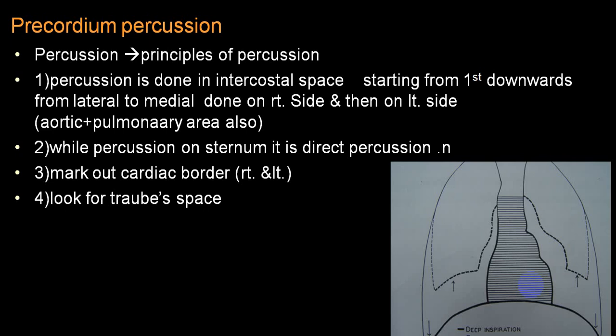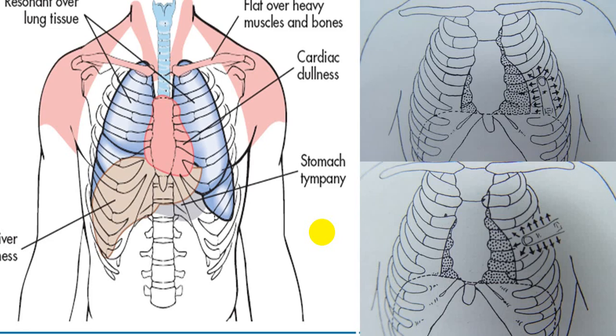So do remember, cardiac pathophysiology can alter the Traube space, and this is very commonly asked in your oral. Demonstrate the Traube space and what are the conditions which will interfere with your Traube space, or what are the conditions which will have alteration in the Traube space, etc. is being very frequently asked. And I have already discussed this particular part in percussion in respiratory system as well as in alimentary system. But it is also asked in cardiovascular also. So do remember this. Now we are going through some of those slides.